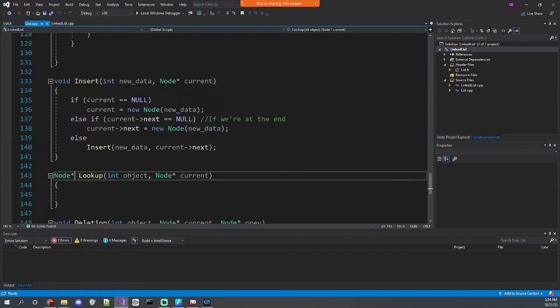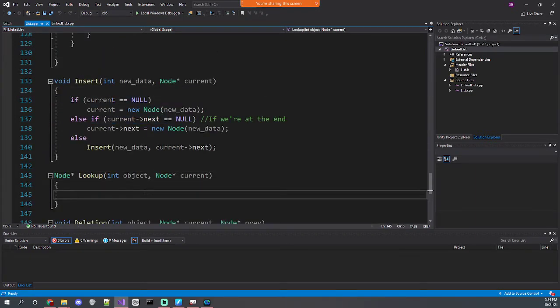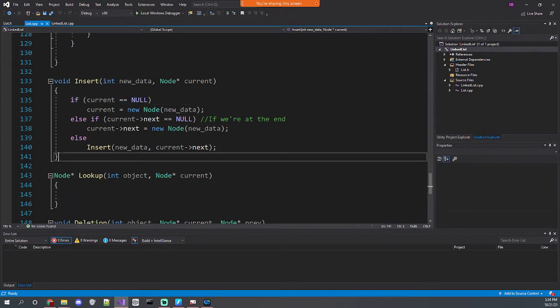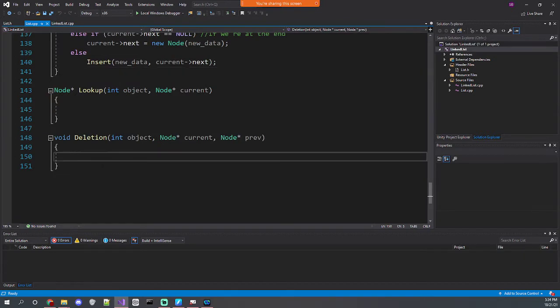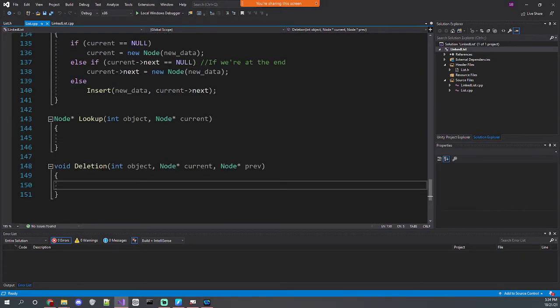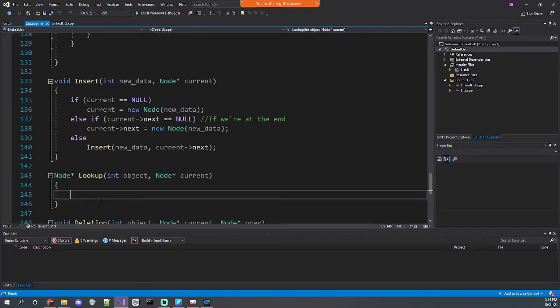The lookup should be pretty much the same as what we did previously. It's really just going to look it up instead of check if it's null. I think we just really need one extra condition. It shouldn't be too bad. And then the deletion will have to actually do some work here. Right, so let's just say if we're doing the lookup,